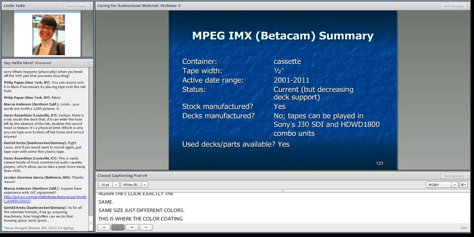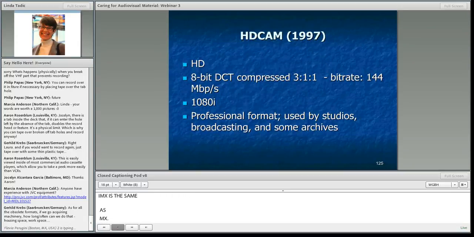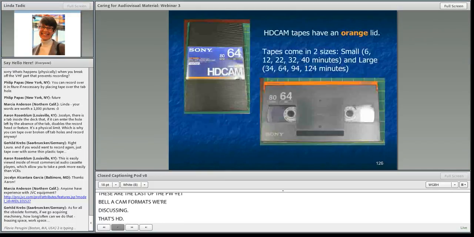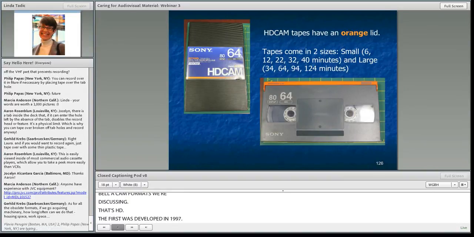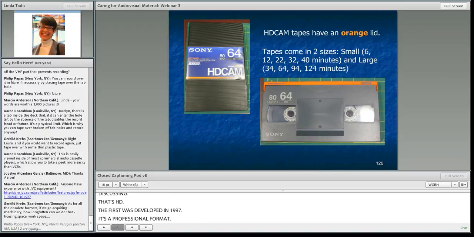The HD Betacam formats, so these are the last of the Betacam formats that we're discussing. That's the HDCAM format, and the first one was developed out in 1997. It is a professional format. The HDCAM tapes, not the HDCAM SR, but the HDCAM tapes have an orange lid.